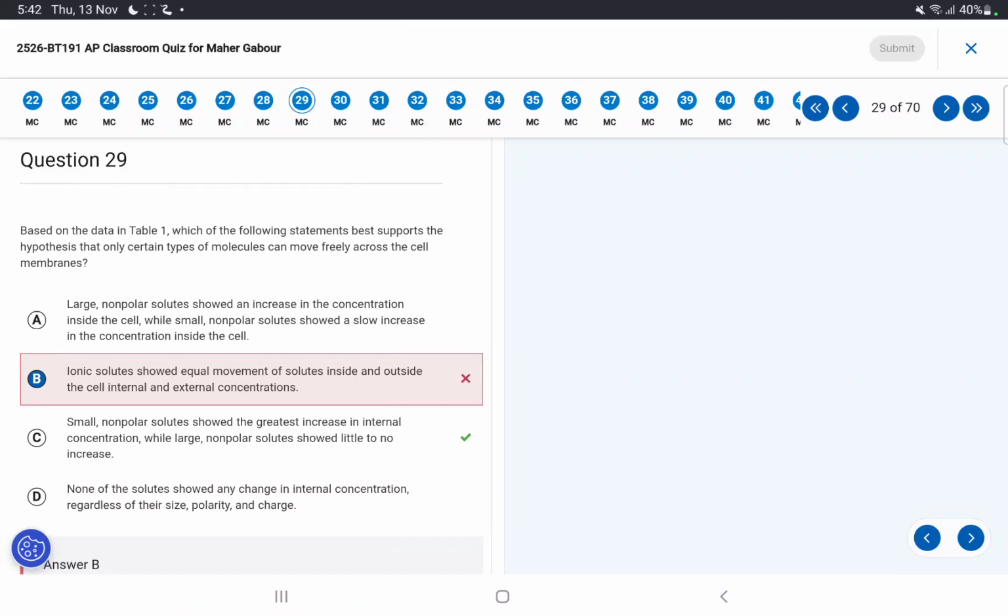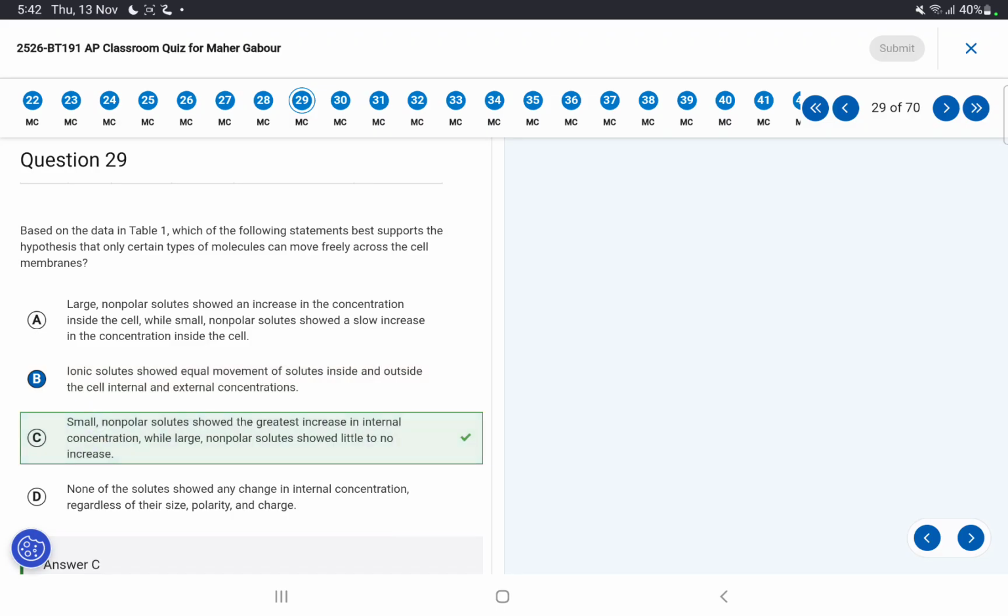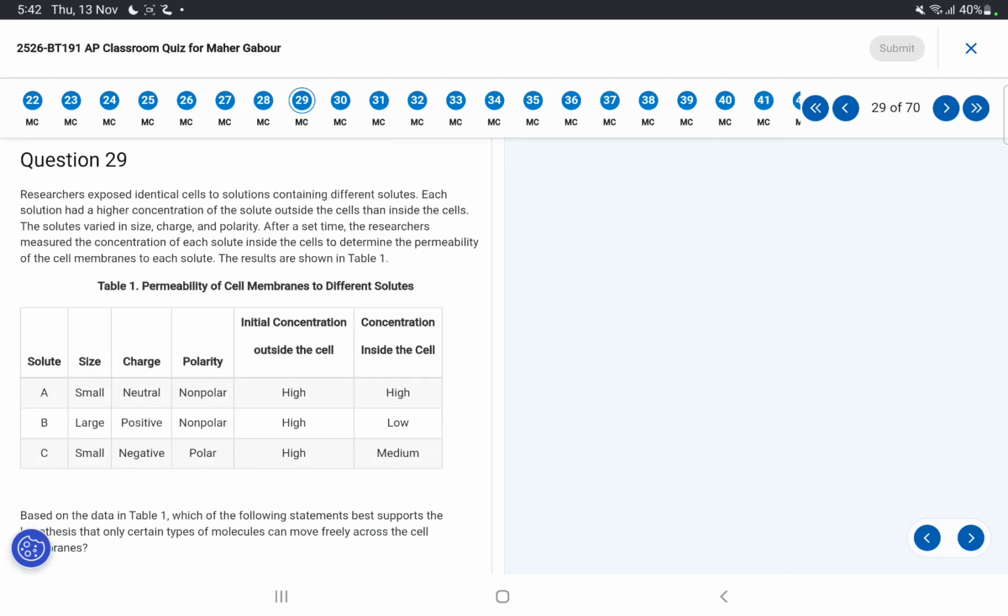Based on the data in table 1, which of the following statements best supports the hypothesis that only certain types of molecules can move freely across the cell membranes? So as you can see here,